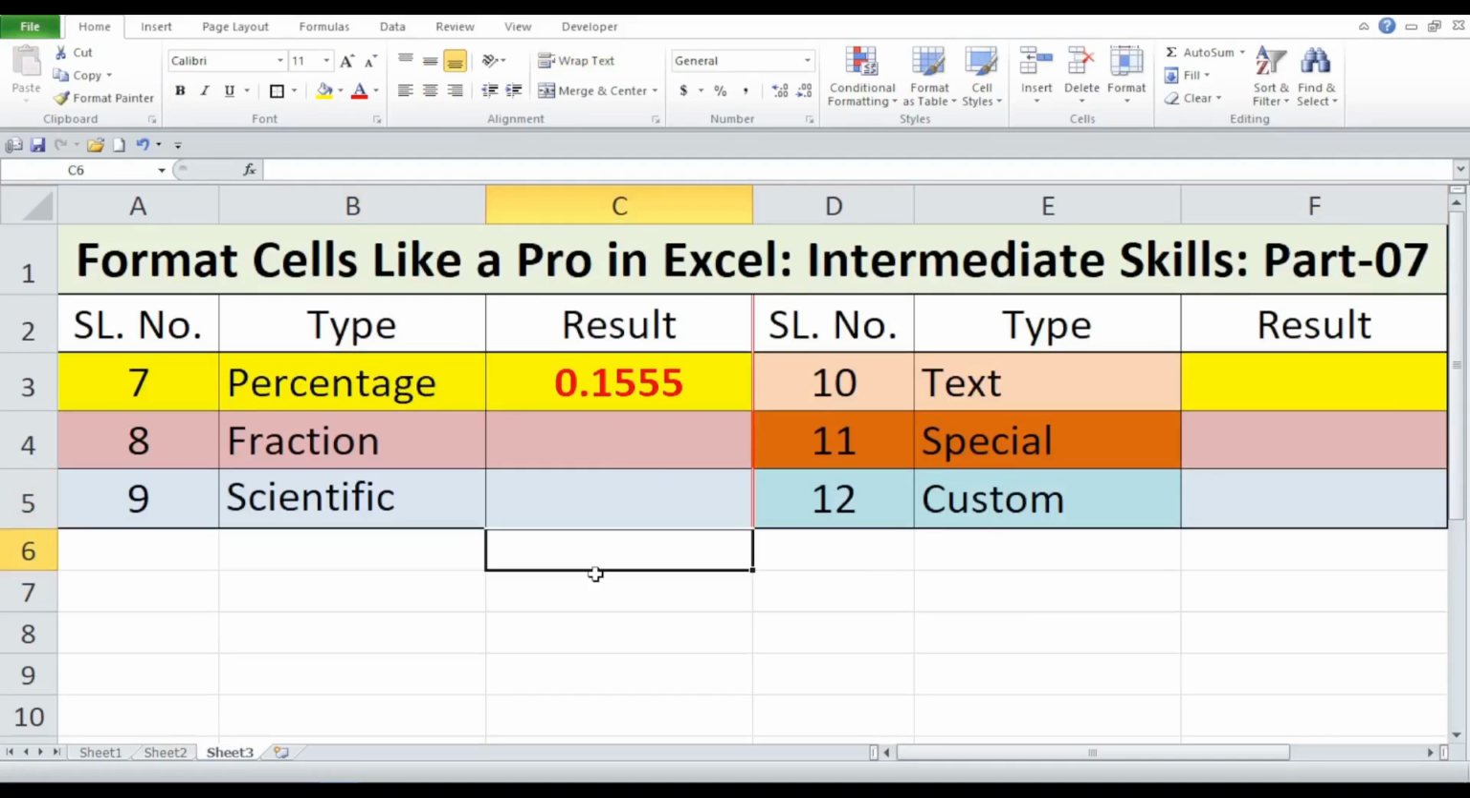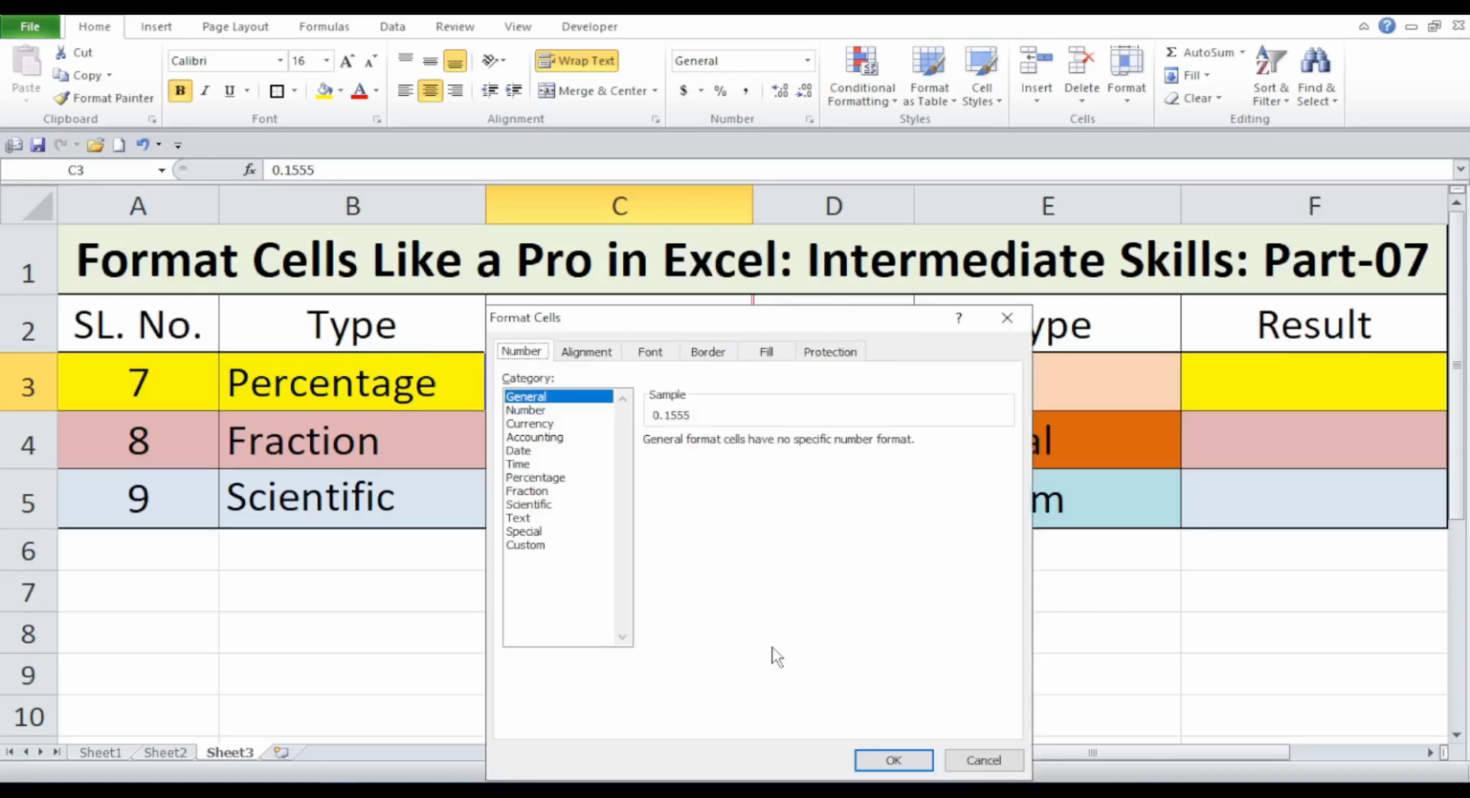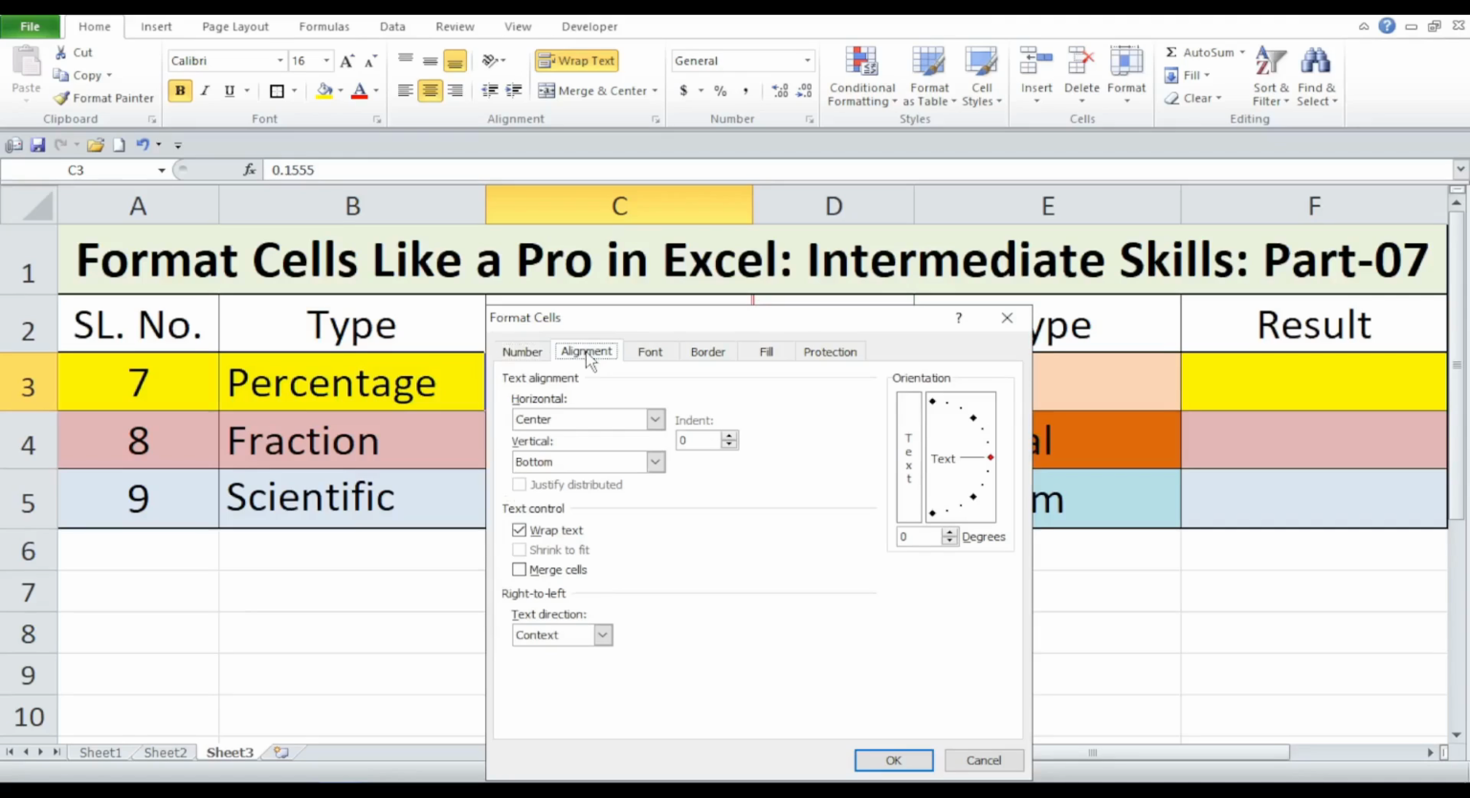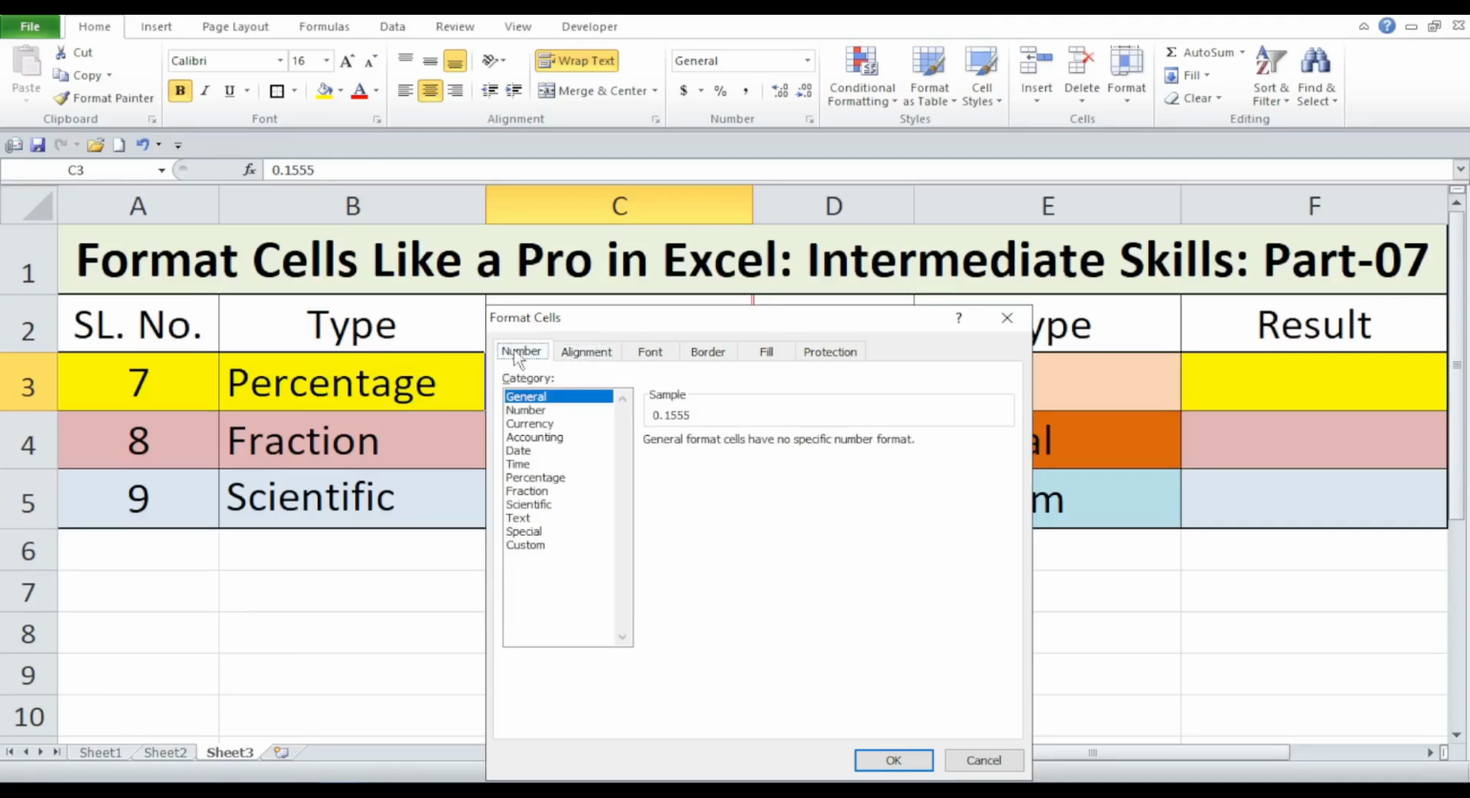Now, I am typing 0.1555 in cell C3 of this sheet. Since the default cell format is set to general, we're seeing the figure 0.1555 displayed here. Next, I'll right-click on cell C3, select Format Cells, and choose the format type percentage. This is the 7th option in the list. If you don't see these options, make sure you're on the Number tab within the Format Cells palette. Now, once we apply this change, take a look at cell C3 again. It now shows